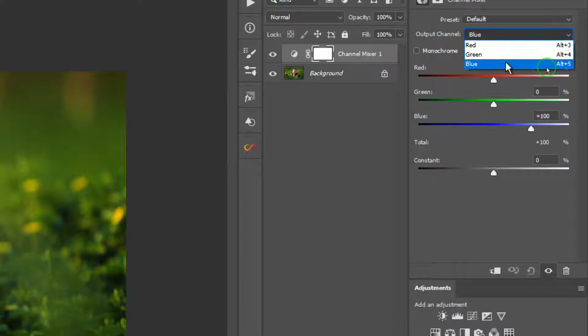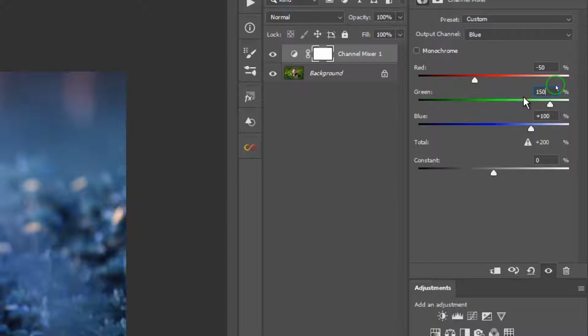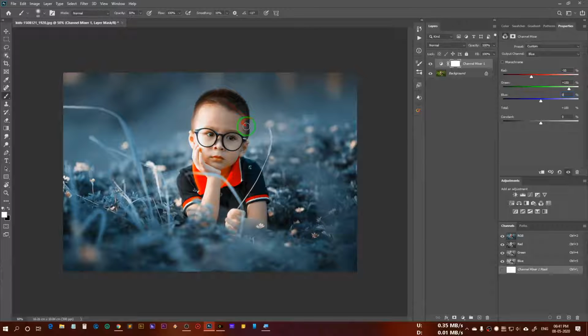So we have to select the blue channel, and in the blue channel we have to put in some settings. For the red we have to put in -50, and for green let's say 150, and for blue let's make it 0. Okay, and if we see our image now, we have quickly changed this color, and you can see earlier the color of the green leaves was green, and now it's blue.